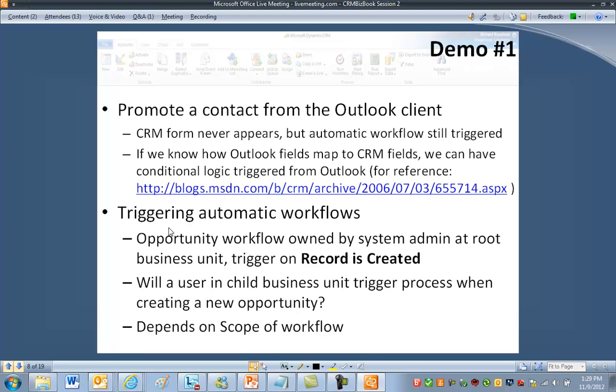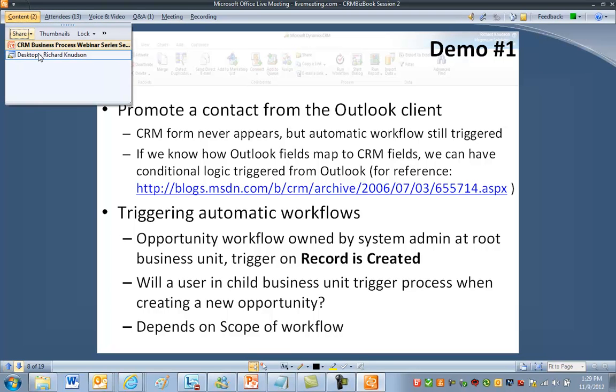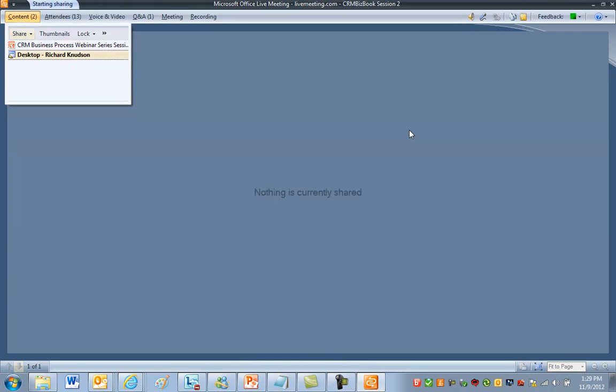So what I want to show here is this triggering of automatic workflows. So I'm going to go into a demo database and show you the difference between a workflow that might run for everybody with a scope of organization, cause it to run for everybody in the organization, or something that's scoped more to the business unit if you want it to run only for specific scenarios. So let's go out now to desktop,